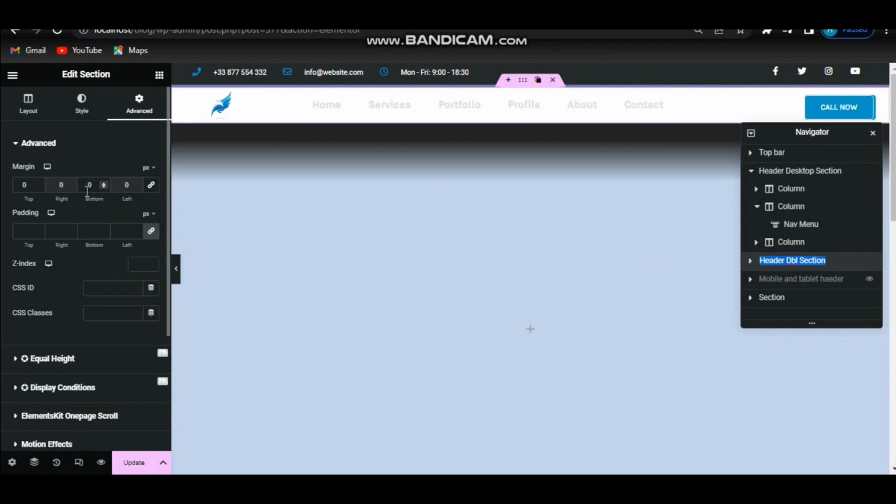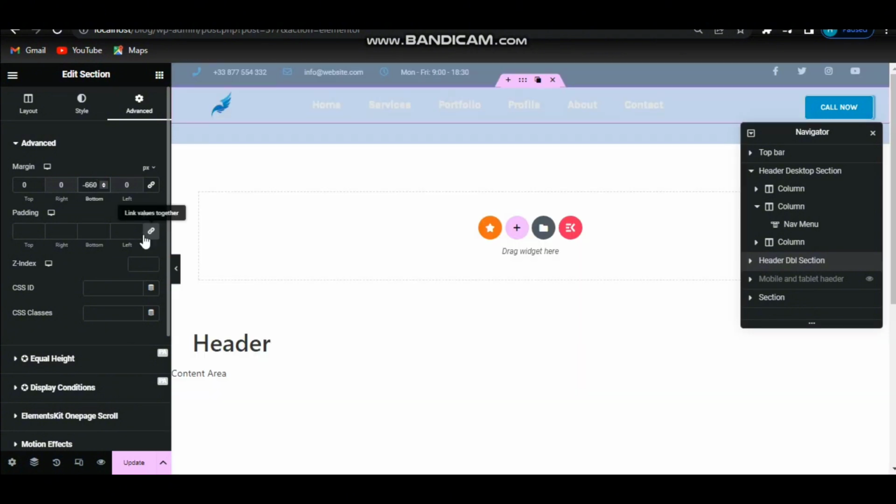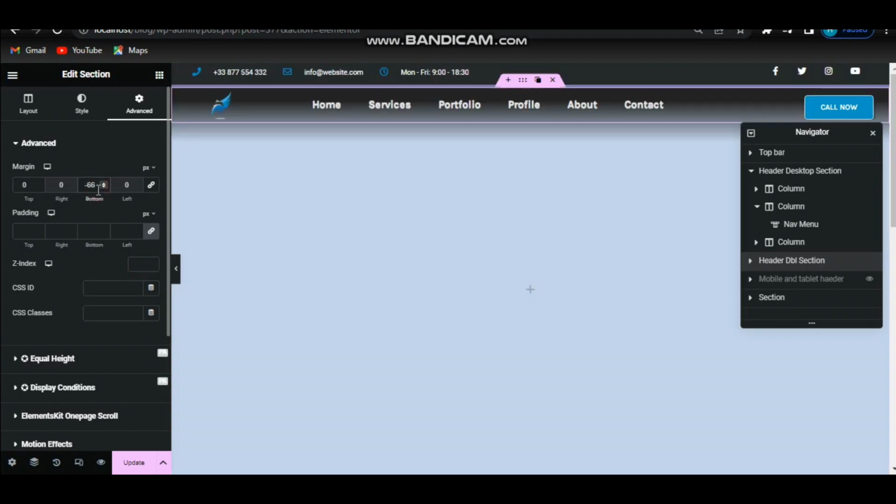other section that you duplicated and also give it the same bottom margin, not 60 but 66, and give it an index number higher than the first header, like I'm going to add 777. Then give it a class like sticky-header, without the dot. Then